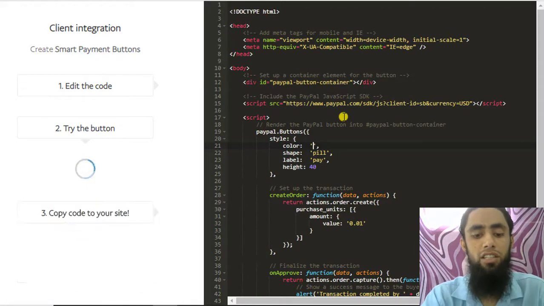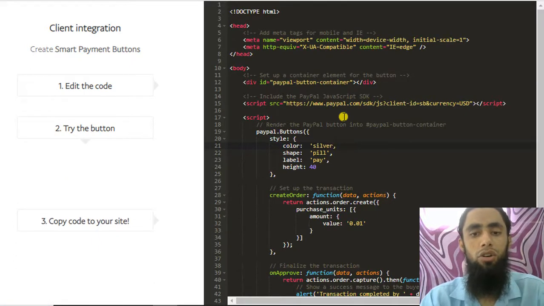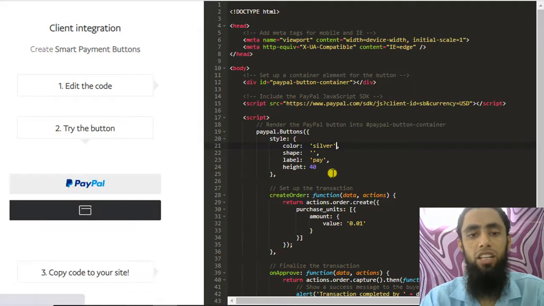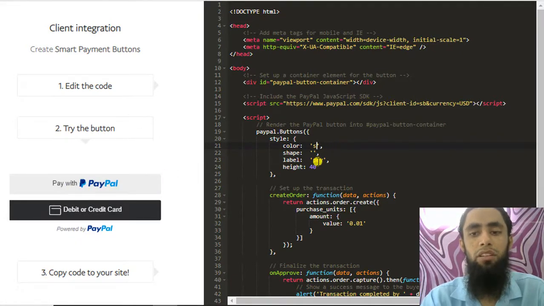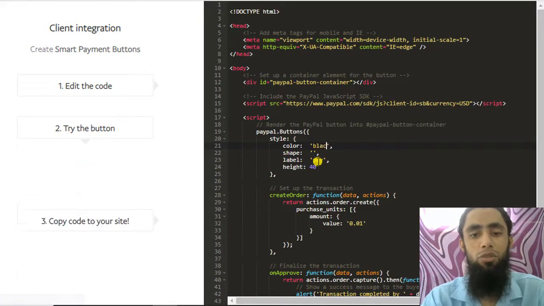And if you are interested in silver color, once you write silver, wait a minute, this will take some time. Sorry, we missed a single quote here. You can see that we have the PayPal button with the silver color, and if you are interested in keeping it black, you can do it like that.